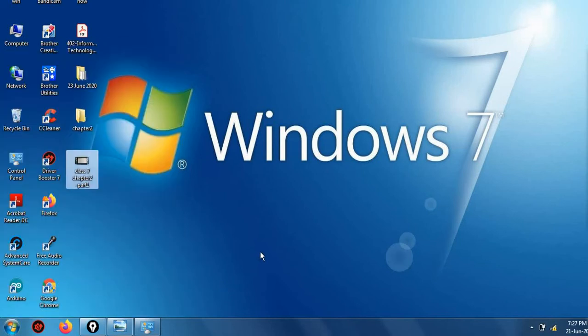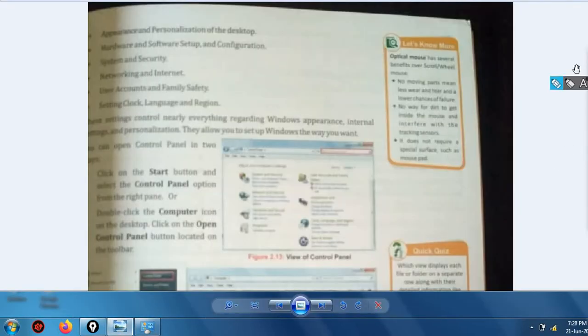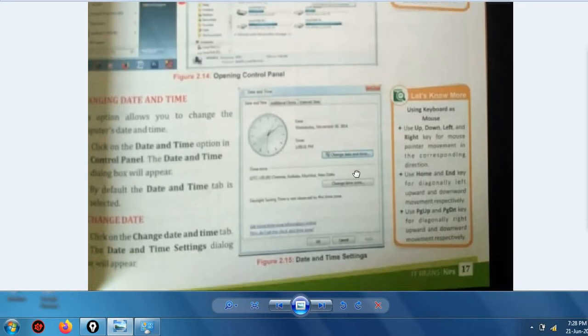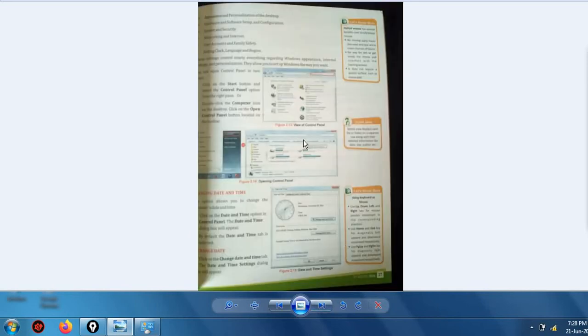Okay. Now next, let's see up to how much of the section we have covered. We were talking about changing date and time. In this we were talking about working with control panel, right? So we have already worked on changing date and time.